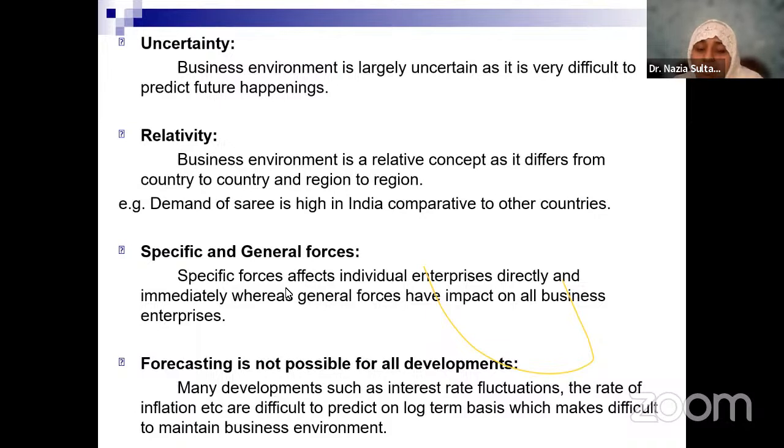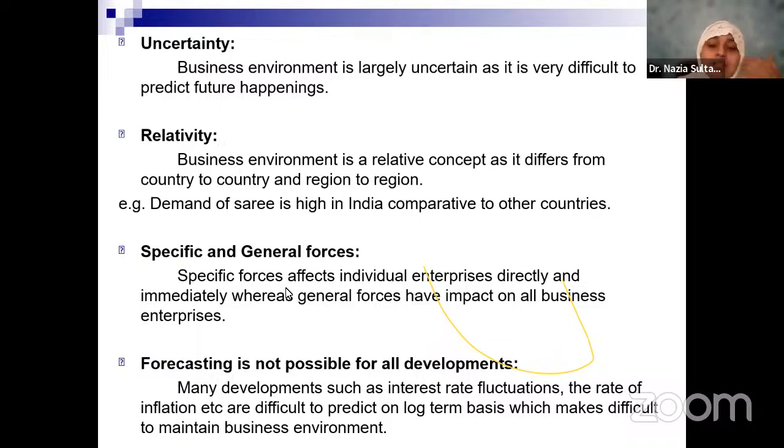So here, the business environment differs from country to country, region to region. Within a particular country, also from one state to another state, business environments could be different. It depends upon the people who are governing that particular state. For example, you talk about countries which are unions, like the United States of America. You talk about the United Arab Emirates, which is a combination of many different nations within itself.